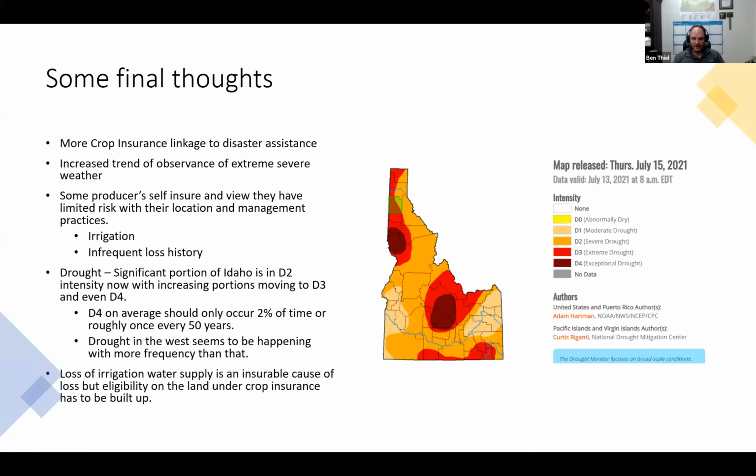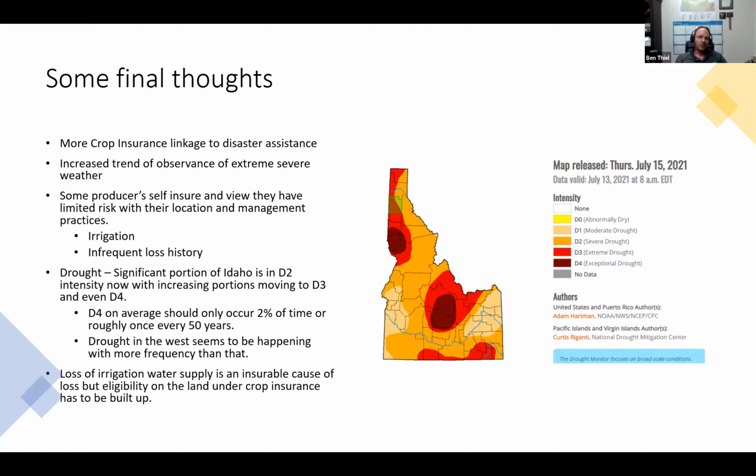So, some final thoughts. I know we talked earlier about the drought and water outlooks. I'm pretty pessimistic. I was very pessimistic this spring, and I was kind of a doomsayer, and it's gotten even worse than I thought it possibly could. Maybe southern Idaho is not as bad as the rest of my region. But looking ahead, and I have the current drought monitor as of July 13th,